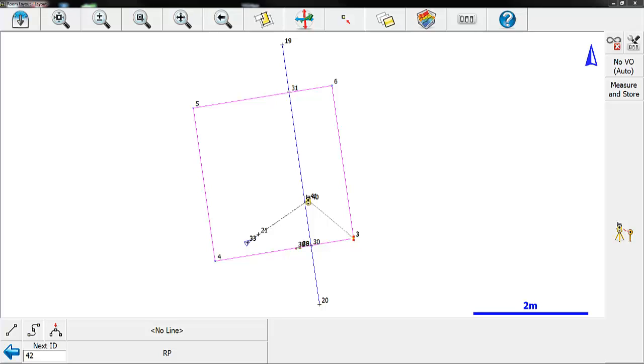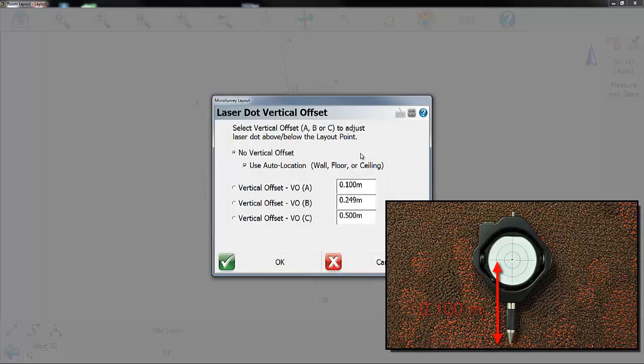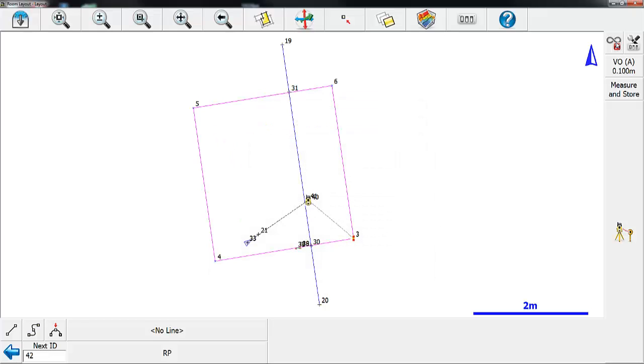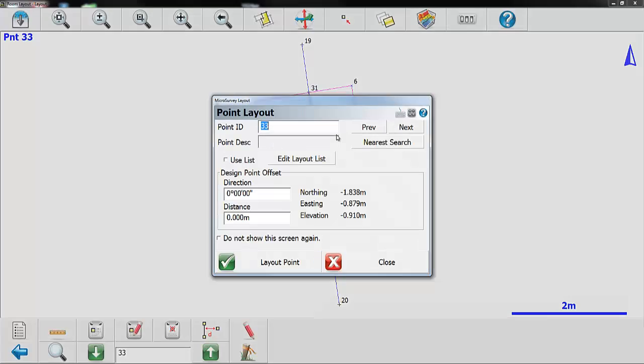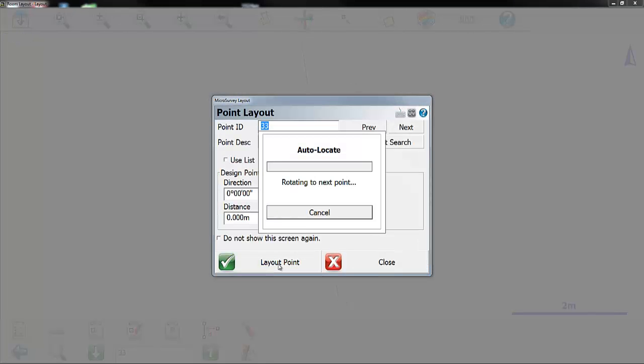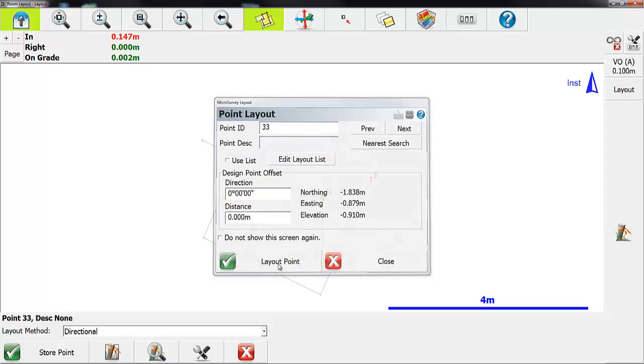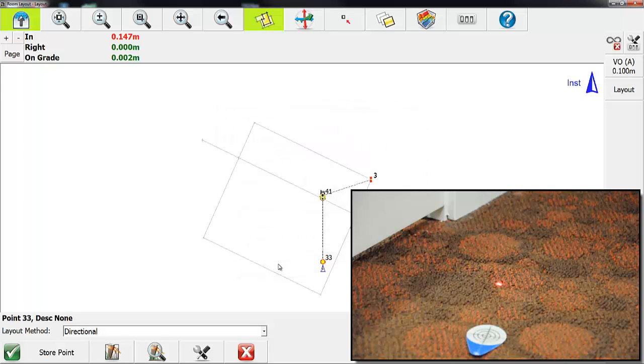Another option with the robot is to use a target with the laser dot. All you need to do is tell Layout that you want to use a vertical offset. And 0.1 meters, that is the offset from the tip of my target to the center of it. And then I'm going to turn on continuous measurement mode, and we're going to lay out 0.33 as just a regular point. And what the robot will do is it'll automatically turn the laser pointer up, so it's 0.1 meters higher than